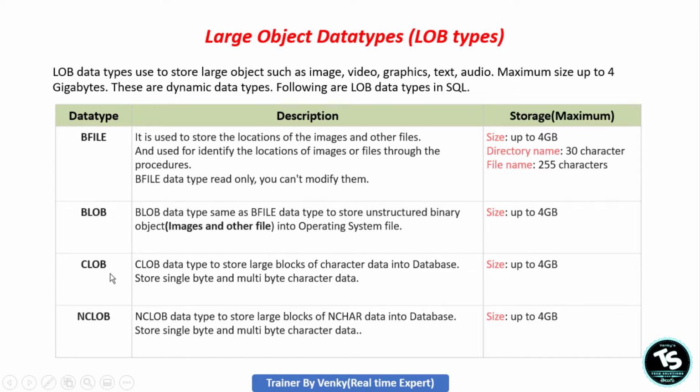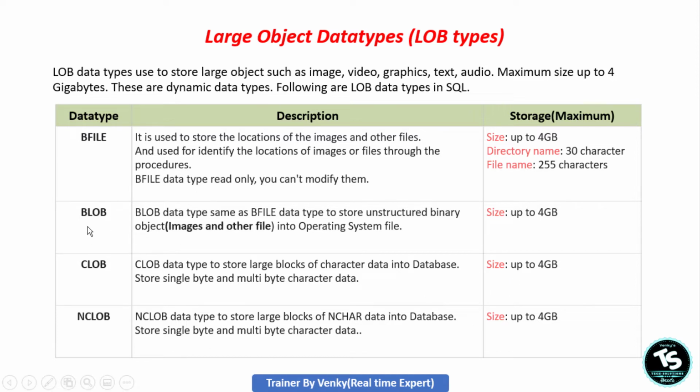If you want to insert more than 4000 bytes of data, you can use the CLOB data type. CLOB is character large object, and by using CLOB we can insert character data. NCLOB is national character set language. These two are up to 4 GB.